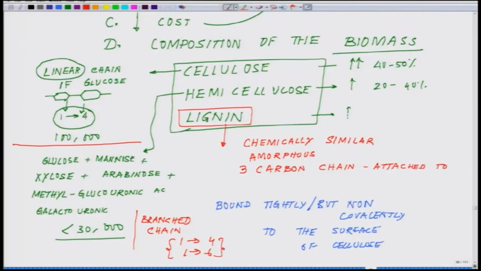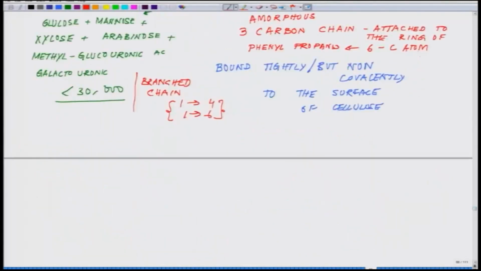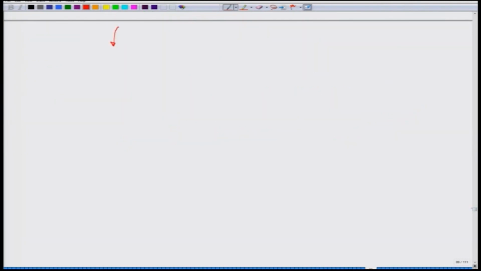attached to the ring of 6 carbon atoms, and there is a name for this, it is called phenyl propanes. And based on this, there is a classification. Coming to that classification, we go to the next page, classification of lignins. So phenyl propanes, from phenyl propane I am continuing,